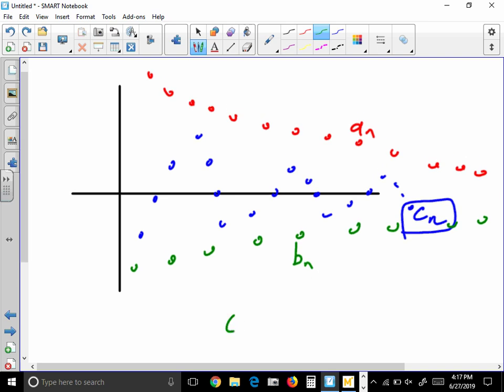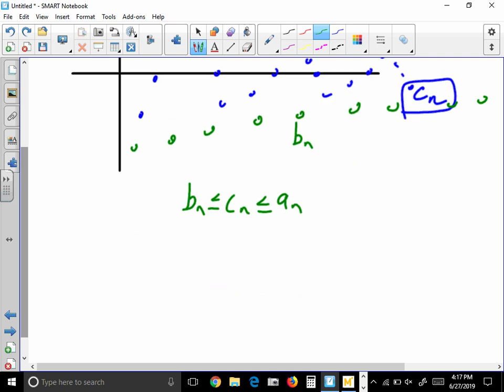So if C is always less than or equal to A, and if C is always bigger than or equal to B, and if A and B converge to the same thing, if we know what A and B both converge to,